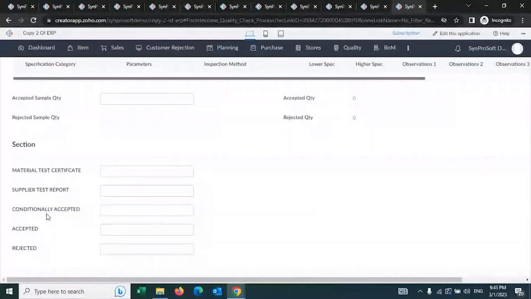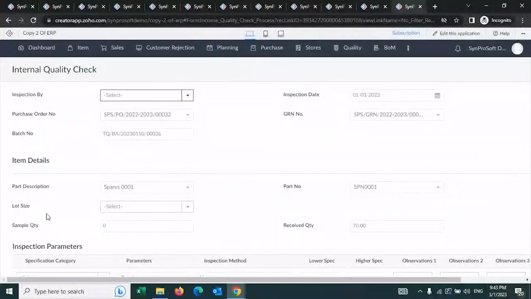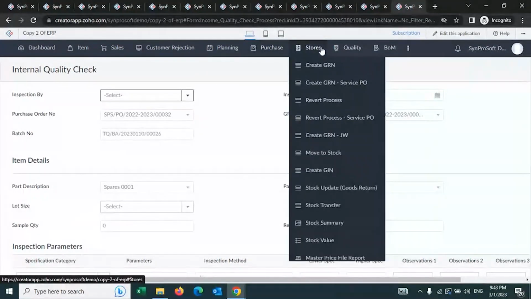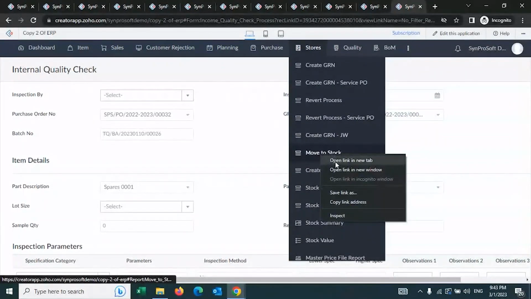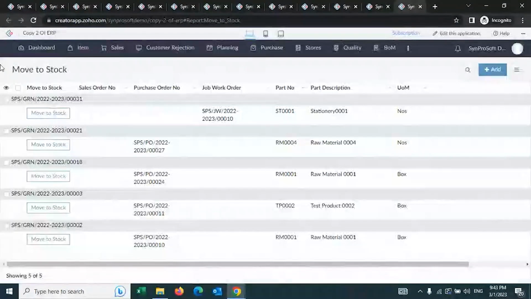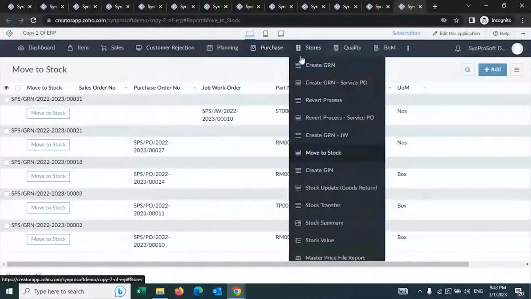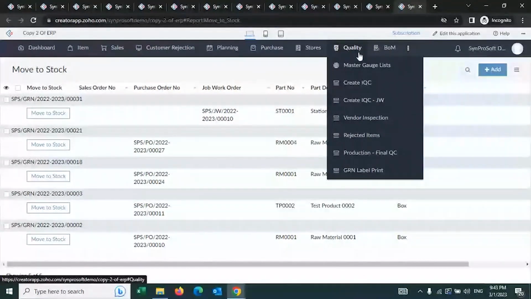Once the quality check is done, if there is a quality check requirement associated with a product or an item, and if that has been completed, only then can this person take the items to stock. Until the quality team approves, he cannot take it to stock. So what we do is, first the GRN or goods receipt note is created as soon as the item hits the warehouse. Then the trigger goes to the quality team for doing quality checks. They complete the quality check. Then they will update either approval, rejection, or hold for any other process. Sometimes there is also a possibility where they can trigger a request to the vendor to come and inspect.